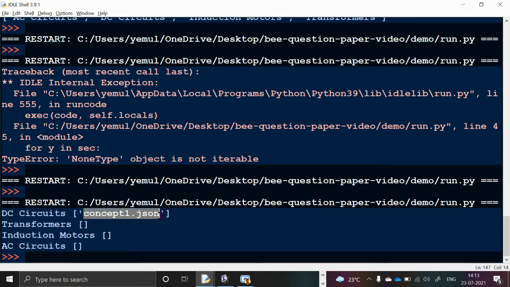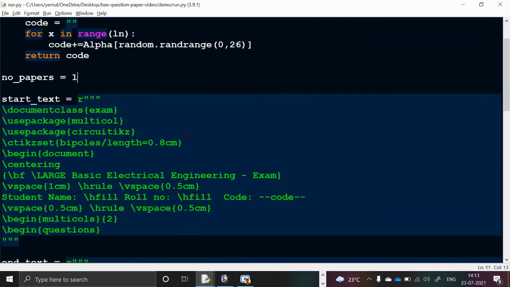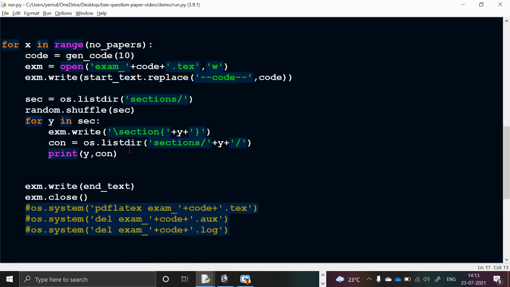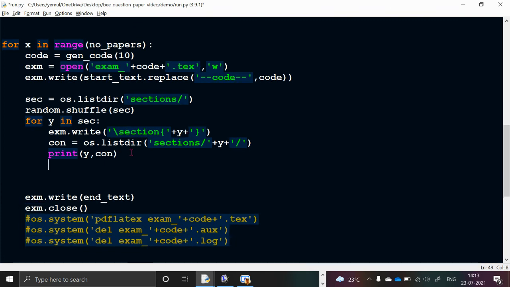Now I want to open this file. Okay, so because I want to see what is the question listed in that. Okay, so how to open that file? So the JSON file I want to open and see what is inside it. Okay, so let's do that now. Now I can run a for loop.